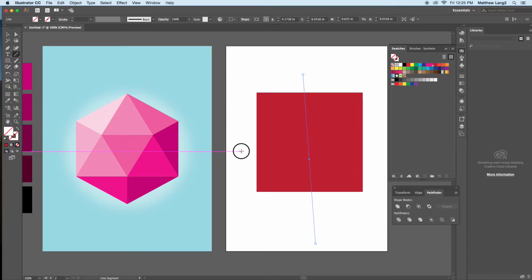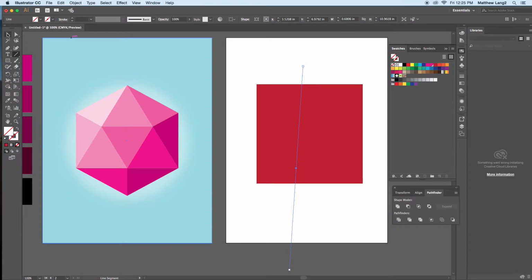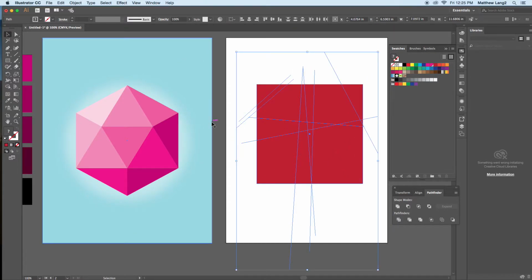But it should all work. I mean, this is just going to be nuts. But I can now select all of this. All right, so I've got these overlapping things. That's the important part. Now come over to my shape builder tool, and you see now it allows me to